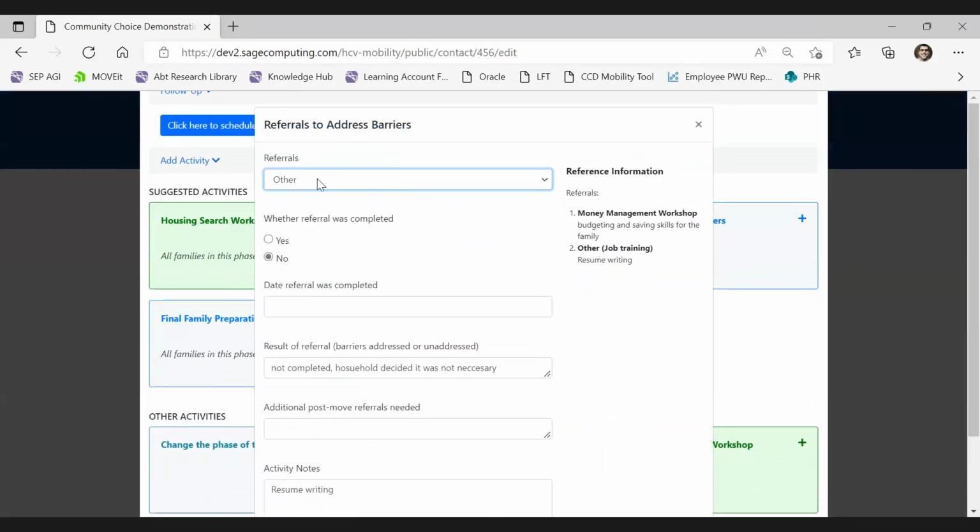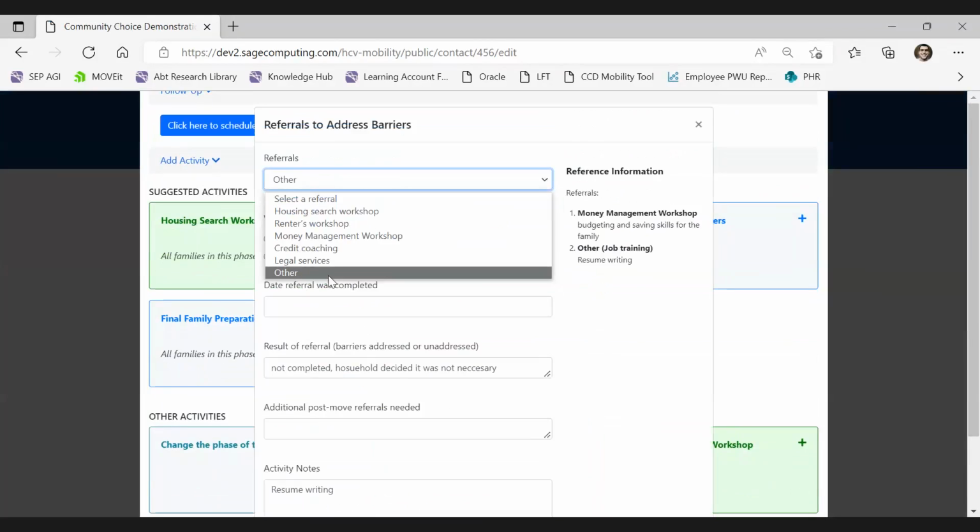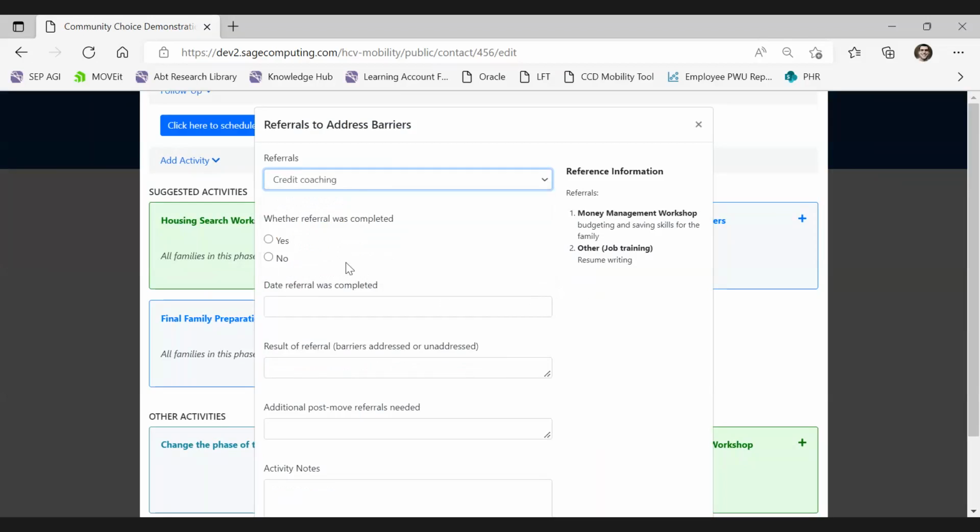Now let's say that instead of doing the job training, the family decided they wanted to go to credit coaching to improve their credit score. You can click on that referral, which wasn't made during phase 2, but it could still be conducted in phase 3.